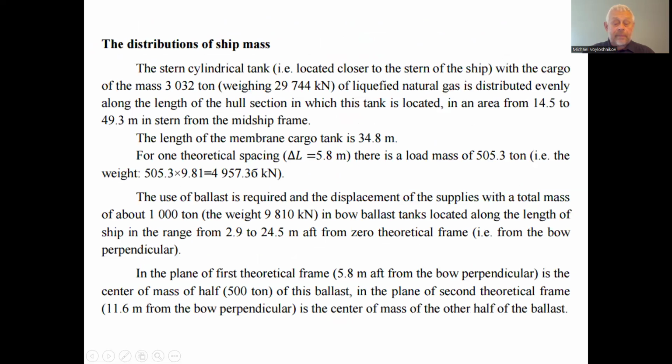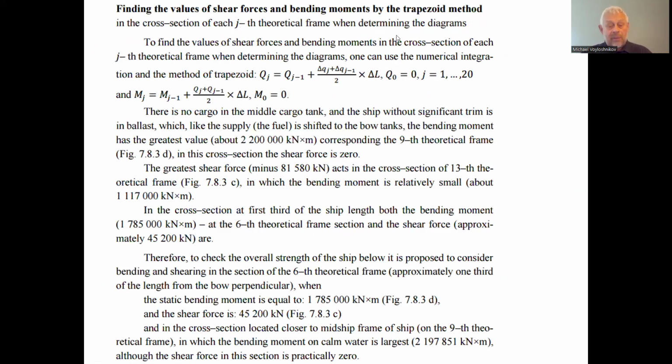So this is the formula, and this factor together is the increment of the length space, the length divided by 20 transverse frames. We have 20 spacings from 0 to 20, and this is as well the longitudinal spacing. Then the factor is just a fraction in the numerator. This is the arithmetic mean of the transverse forces at the end of spacing. Not transverse forces, but distributed load. The distributed load is the difference each. The Q is the difference of